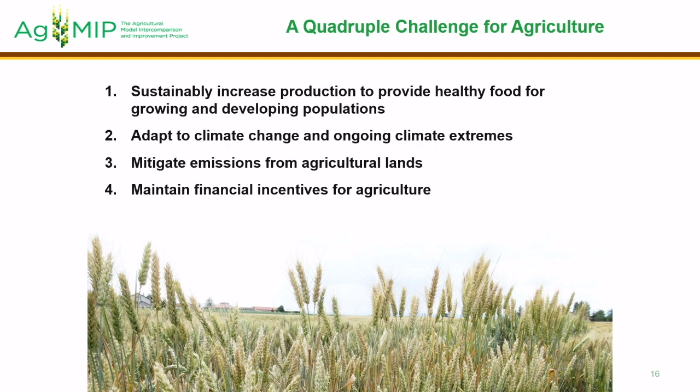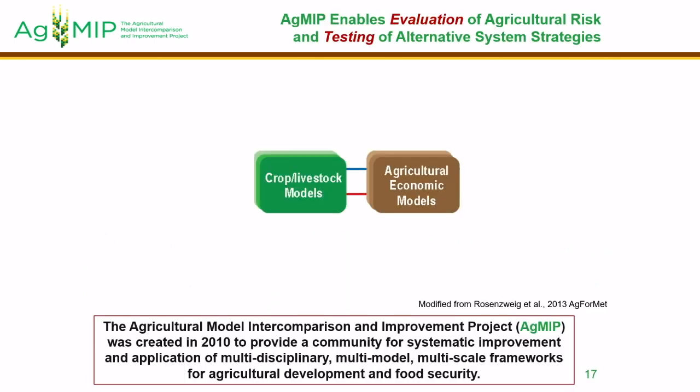So one of the things that motivated AgMIP, which is the Agricultural Model Intercomparison and Improvement Project, was the idea of what will it take to start to attack and to grasp and grapple with these problems. So it starts with a fundamental set of connections, which up until AgMIP's launch had been, unfortunately, too siloed. The fundamental connection is between crop and livestock models and agricultural economic models. Having a way of communicating both on a data, but even in just a language sense between these communities was something that had been lacking.